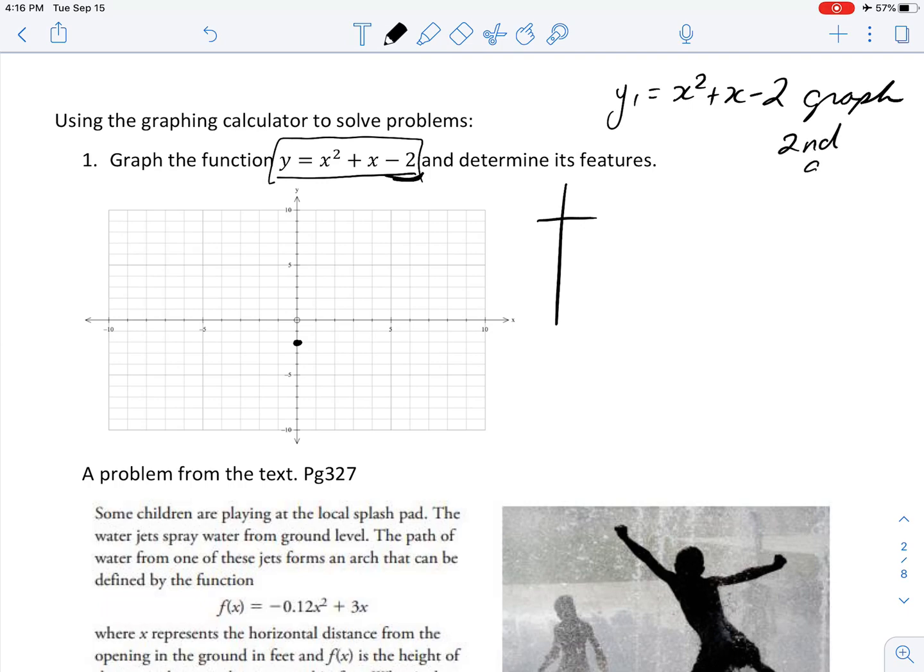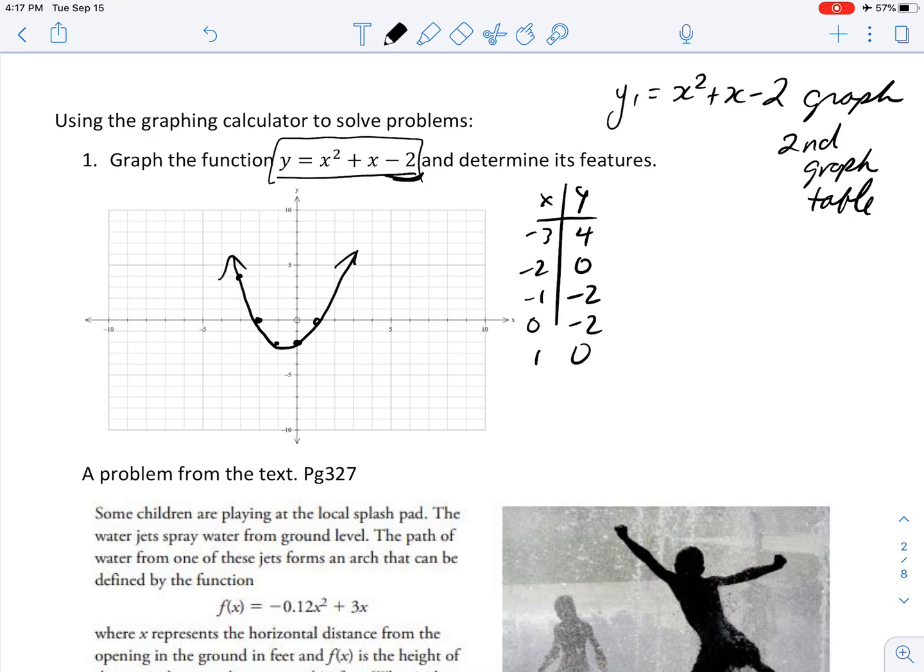The other thing you can do is hit second graph, and you get a table. And you could use that data table. So I'm going to look at that and put down a few points to help me draw the graph. So that -1. So I have these points and -3, 4, which is there. So connecting those points like that, you can see that the vertex is here somewhere, but I'm not sure exactly